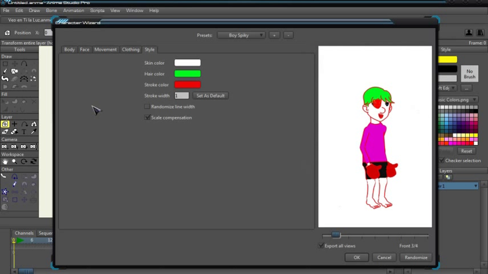Yes, that is exactly what I want. Yes, you can change the stroke width, 6, I guess. Yes, that's perfect. Randomize line width, I guess. Why not? Scale compensation, I'll explain that some other time. Scale compensation is for when we're actually making our characters, and then you just hit OK,